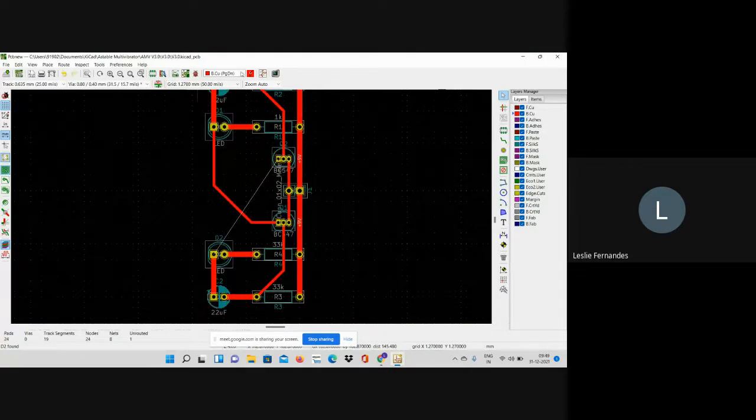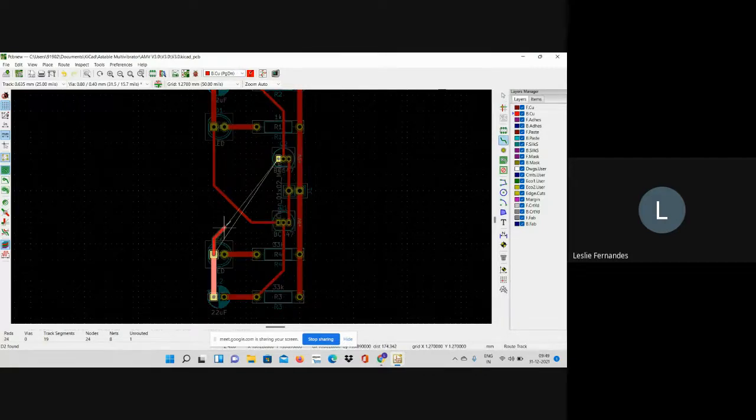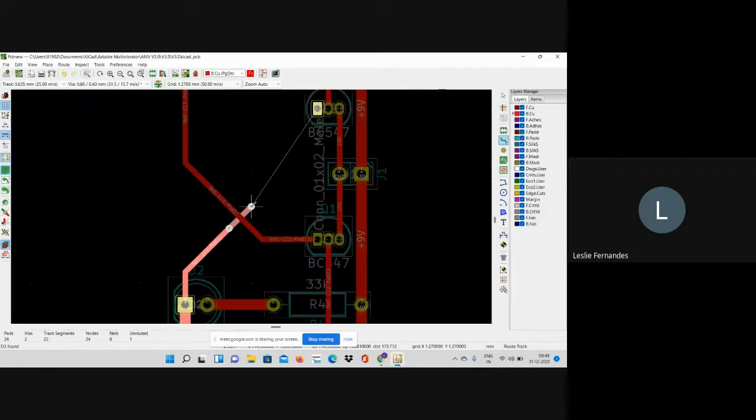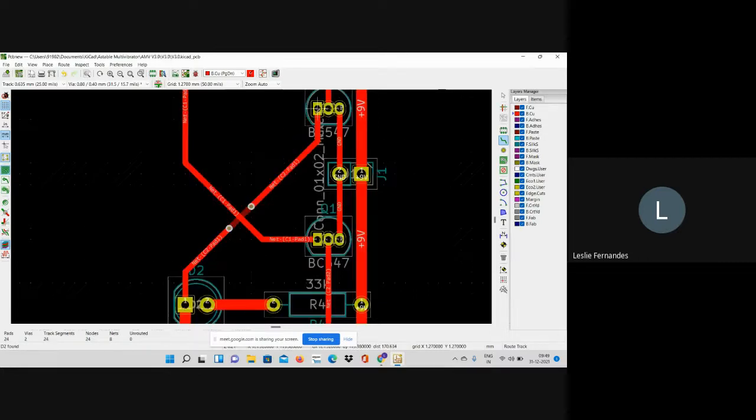Okay, what I did was, first, on the bottom copper layer, I took this track. When I reached this particular point over here, I pressed V on the keyboard, V for VIA. I clicked over here, then I went ahead. Again, I pressed V on the keyboard and clicked over here. Then it went to the bottom copper layer. Now it's in the bottom copper layer, and I clicked here.